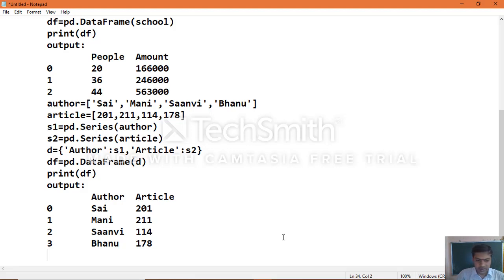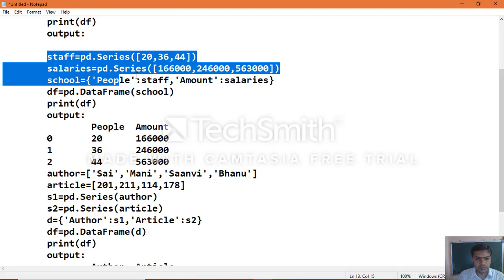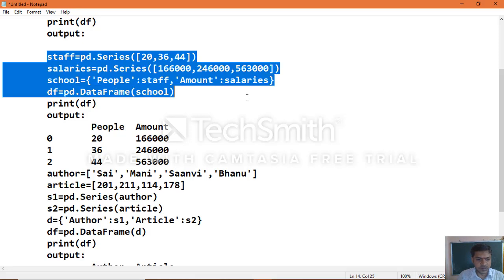So you can take the same staff which was specified, and the salaries changed. Same example, we'll take it and we'll edit.